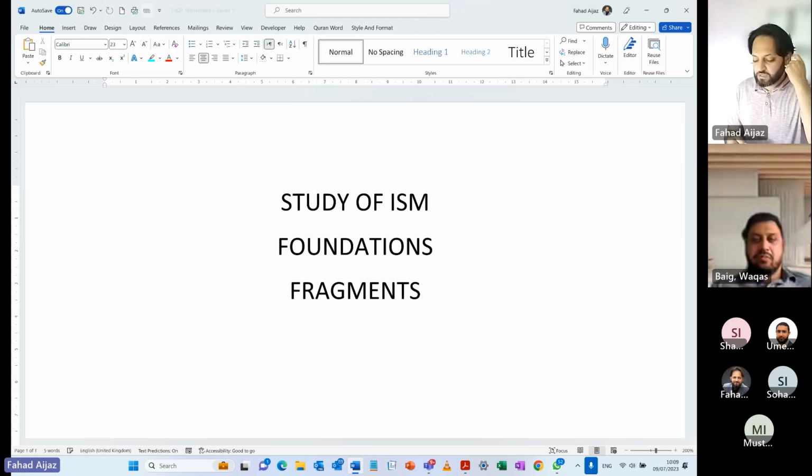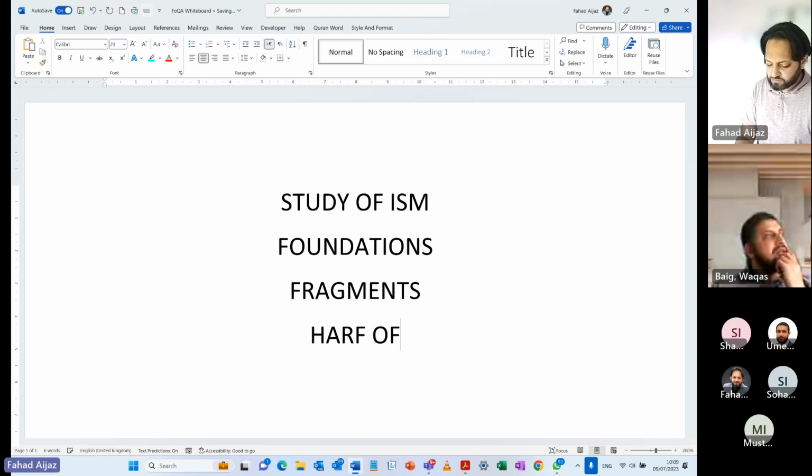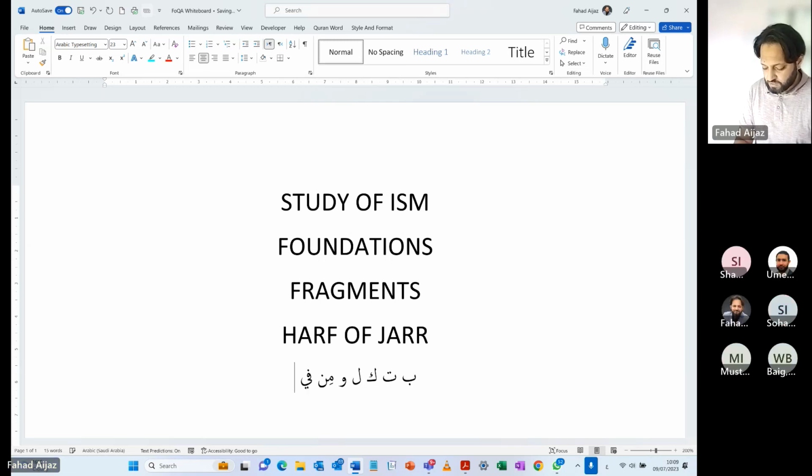इन फ्रैगमेंट्स में हमने 3 फ्रैगमेंट्स अभी तक किए। सबसे पहला फ्रैगमेंट हमने किया, मेरे ख्याल वन ऑफ द इनिशियल वन वाज हर्फ ऑफ जर। हर्फ ऑफ जर में हमने एक हर्फ ऑफ हरूफ याद किए। वो हरूफ क्या थे? वो थे बा, ता, काफ, लाम, वाव, मिन, फी, अन, अला, हत्ता, इला।